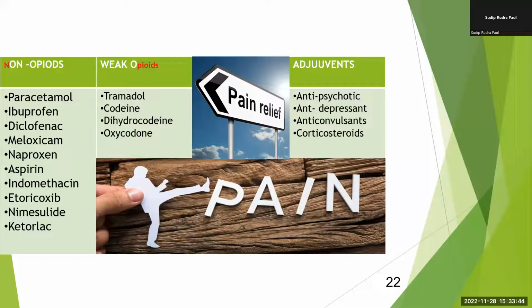Suppose the patient has CA ovary, cancer in the ovary, and there is a huge mass in the abdomen. The abdomen is getting very big. That time the mass is compressing the bowel and the patient cannot pass stool for a very long time. We are giving tramadol, then we have shifted to morphine and we are continuing with morphine. The patient is getting drowsy, but still the patient is telling that I'm having pain, I'm having pain.